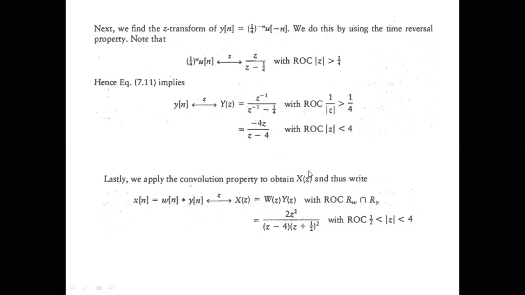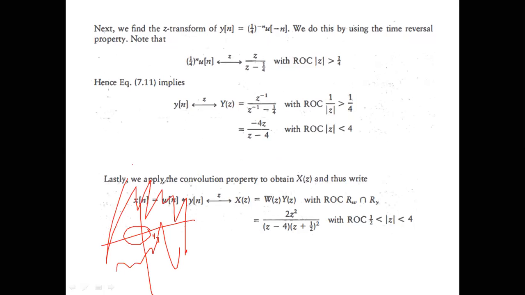So the complete ROC, first one is stable outside a circle of radius 1 by 2. Outside the circle of radius 1 by 2, the entire thing, but outside 1 by 2. Second one is stable inside a circle of radius 4. So the complete ROC now would be stable in those regions where both the things are stable, which exists for ROC between 1 by 2 and 4. Inside the circle of radius 2, the second system is stable, first one is not. Outside circle of radius